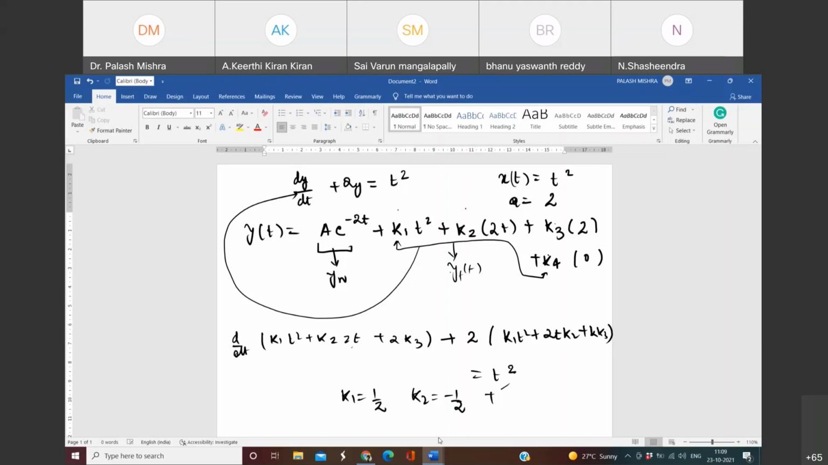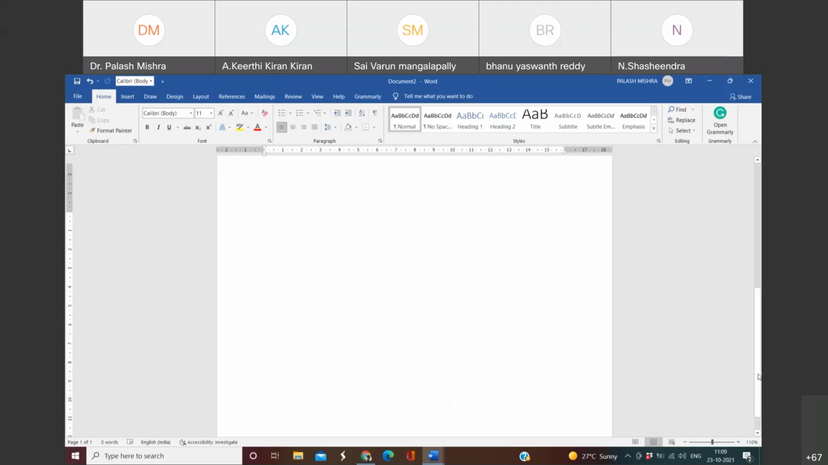This is 1 by 4 actually. K2 is 1 by 4. And K3 you will be getting as plus 1 by 2. I suppose you will get this answer. And the final solution for this equation, it will be,